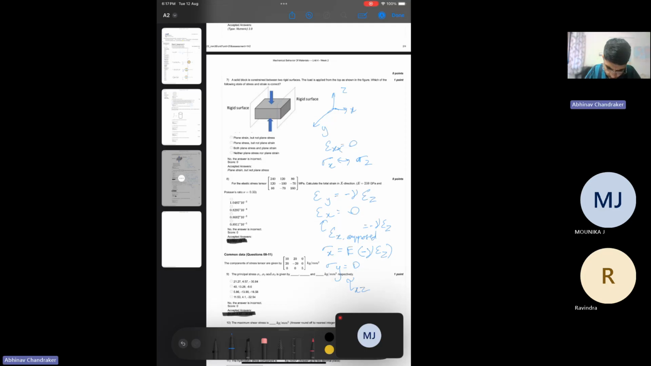Epsilon xx will be 0. There will be some value of epsilon zz since you are compressing, and some value of epsilon yy due to Poisson's ratio. So this we know for sure that it is plane strain, and because it is plane strain, it cannot be plane stress, because even though